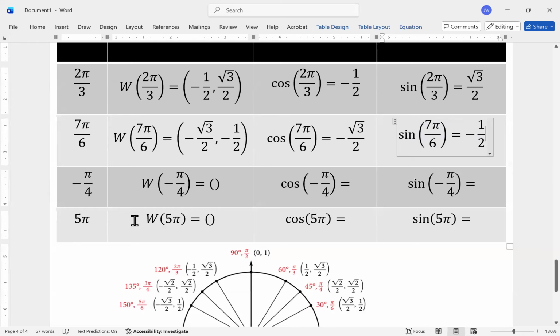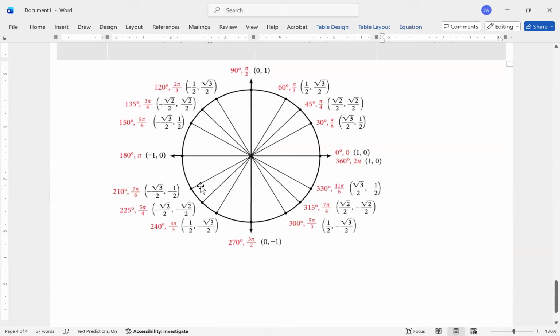In terms of negative pi over 4, we don't have a negative pi over 4 labeled, but we should know that when we take negative pi over 4, all we're doing is rotating in a clockwise direction pi over 4. So that means we are going to be at the same angle. We're going to be coterminal with 7 pi over 4. So we're going to have the same output as 7 pi over 4,